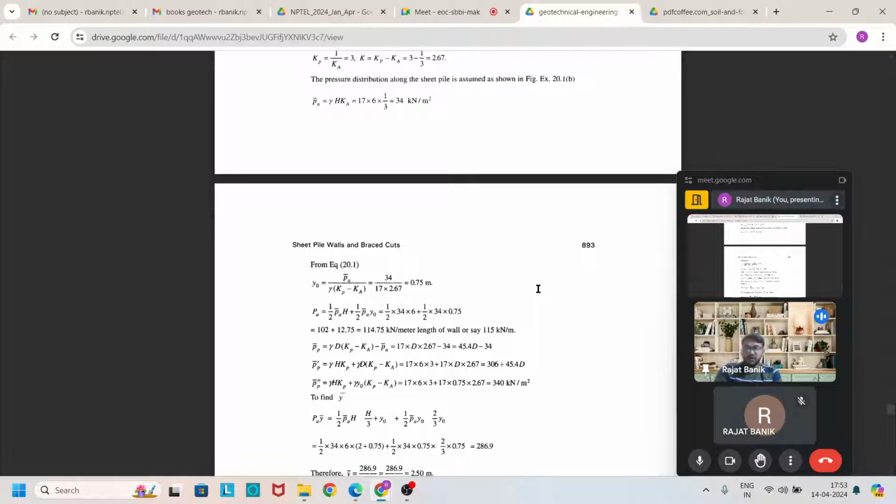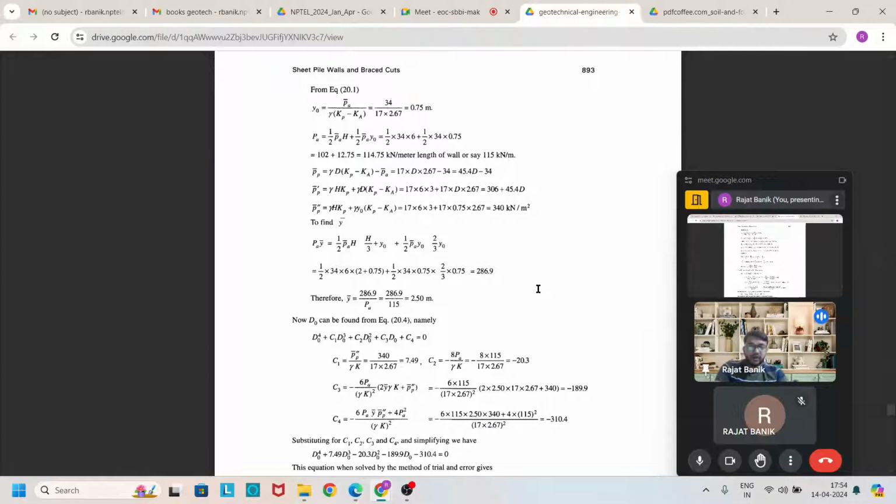After that, we have to find out the P dash bar, which is equal to gamma H Kp plus gamma D (Kp minus Ka). Again, this comes in terms of D. Then at last we have to find out the Pp double dash bar, which is equal to gamma H Kp plus gamma Y naught (Kp minus Ka), which comes to 340 kilonewton. Then we have to find out the